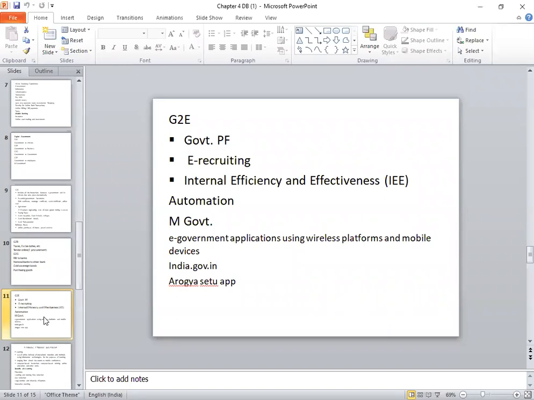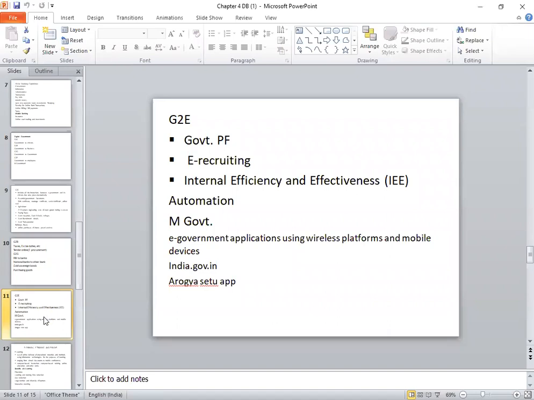Employees means already they are employed. Then what does it mean? Not necessarily these employees would be government servants. They may be the other employees also. That is one thing. Second thing,